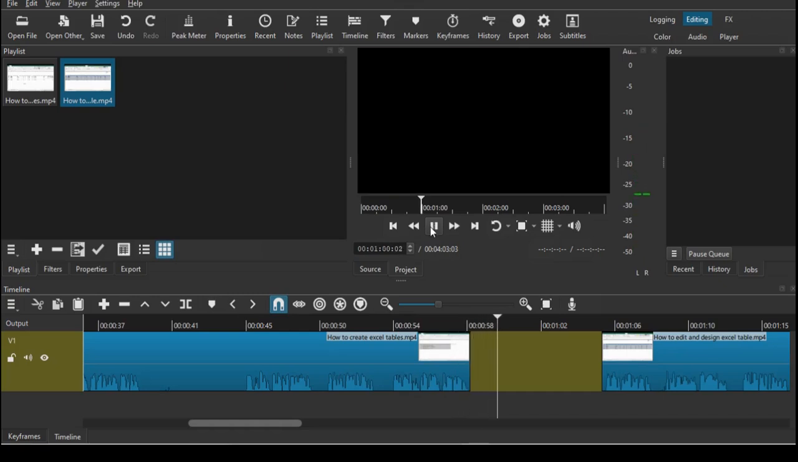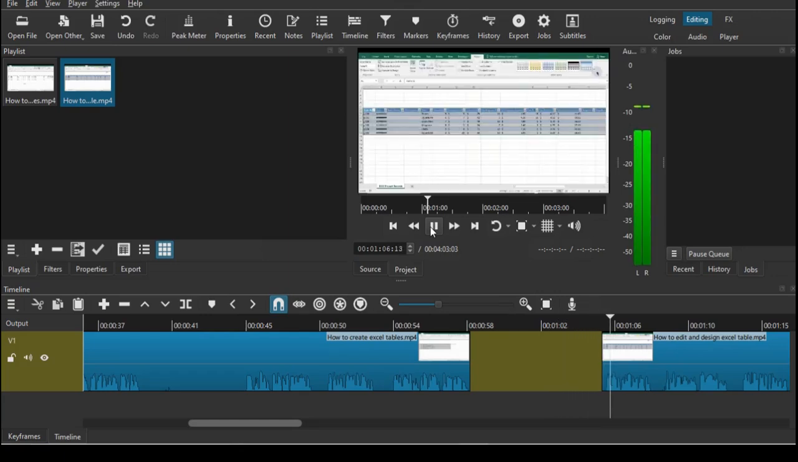As you can see, the removed part will turn black. If you save the video in this state, the black part will remain. To fix this, go to the second part of the video, click on it, and drag